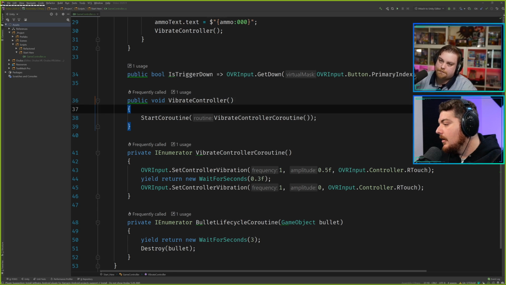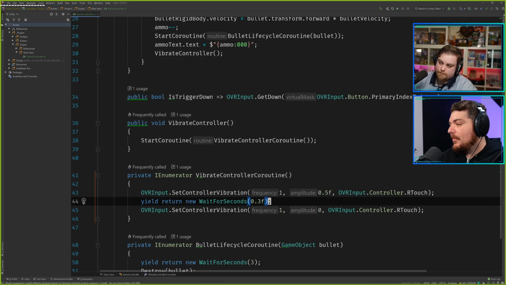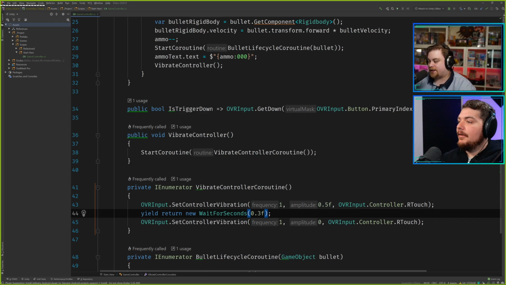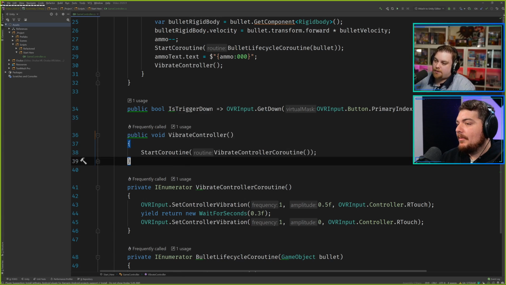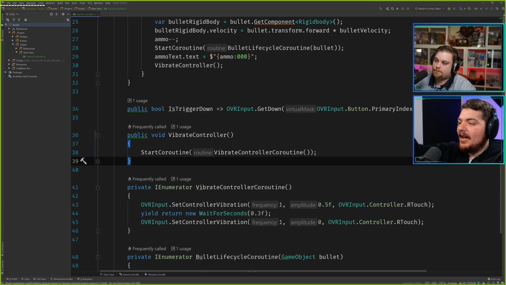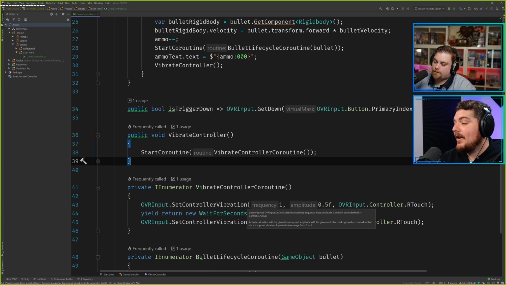That's a good point, and I even mentioned it with is trigger down. I don't know if that's the right name. That might actually be confusing later on if I start adding a grip instead of a trigger, which is a common one. You might change it to the grip on the controller versus the trigger. So maybe name it something like is player firing or is fire input. I don't know, but it's genericizing it, abstracting it at a higher level. But right now this works.